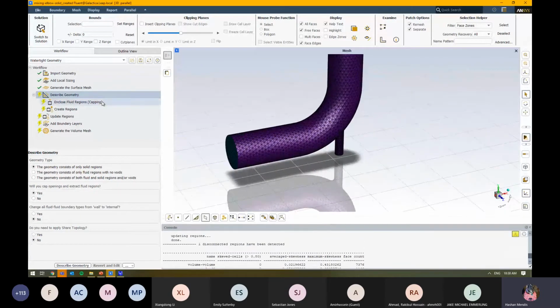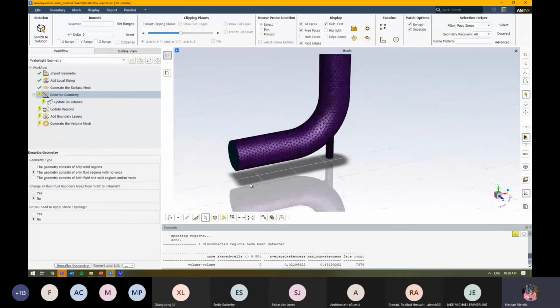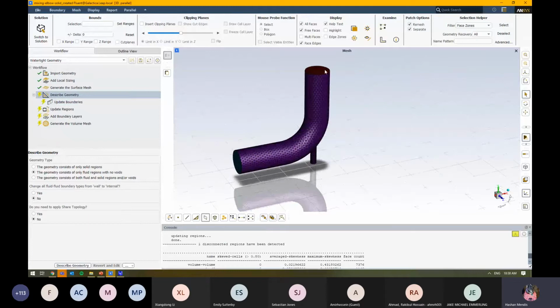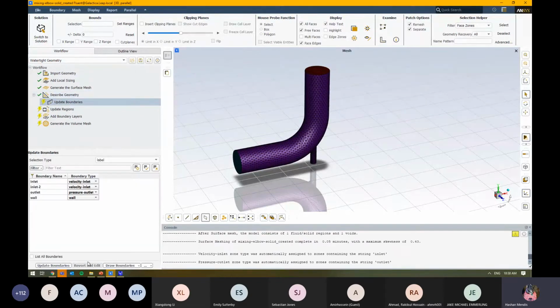And then on the left, we're describing the geometry. So in this particular case, we just have a fluid region and we don't have any voids, right? We've got an example where we've got some solid regions we'll look at later on. Fluid boundary walls: if we have more than one fluid zone touching each other, where the regions are touching, do we want it to be walls? So no flow is allowed to pass through the wall, or is it an internal where we've got flow through the actual interface? In this particular case, we don't have a lot of things happening,